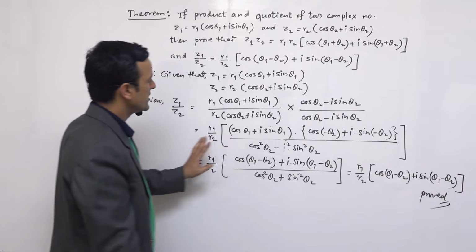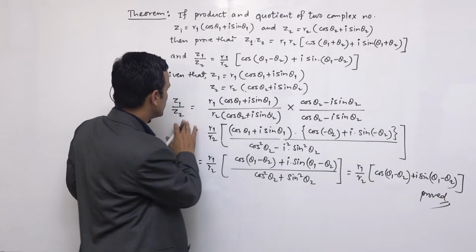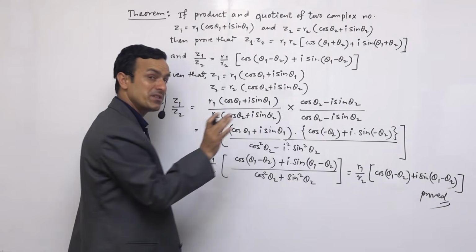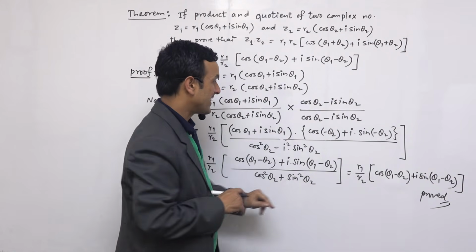So to prove this division or quotient, we should take the conjugate of the denominator; if there is plus, then take minus, and